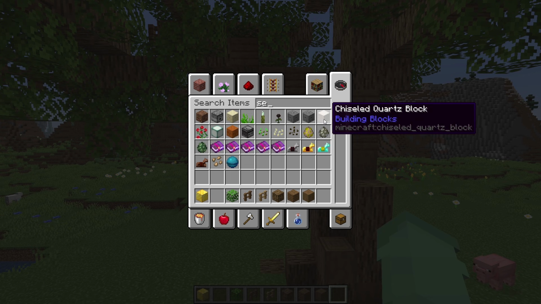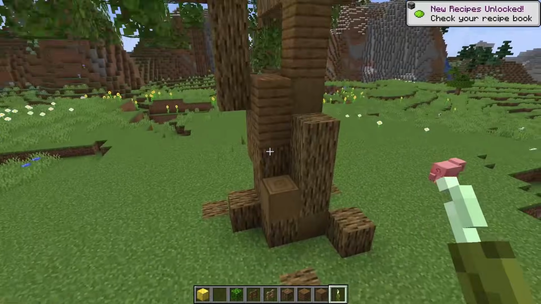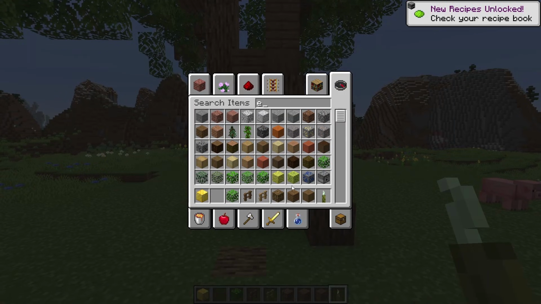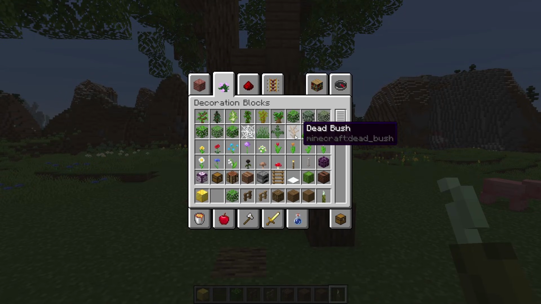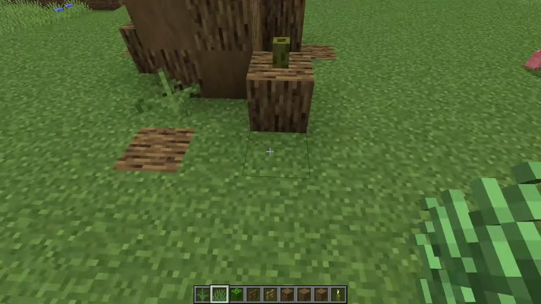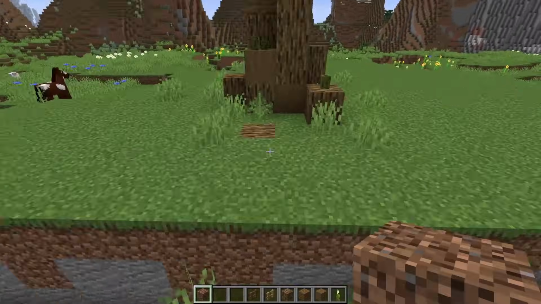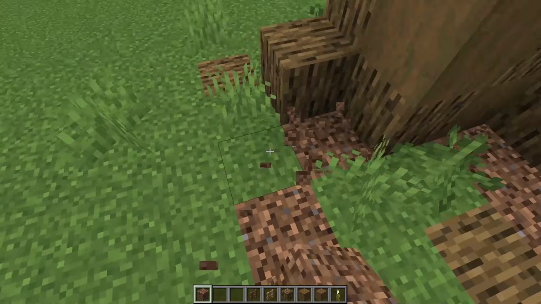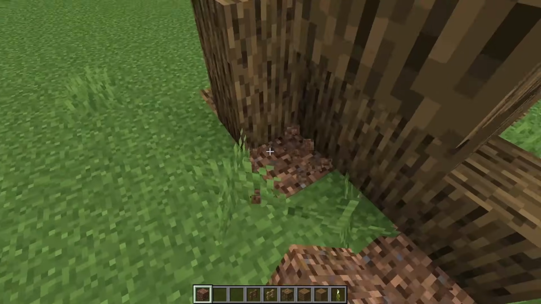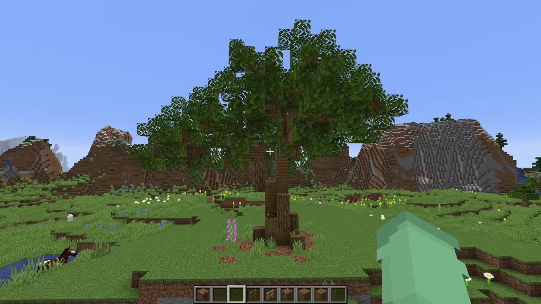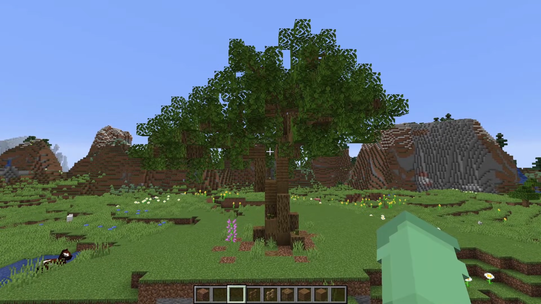Placing some grass, some sea pickles are a great option because they kind of just sit so nicely on the tree. I love being able to do things like this, and I think it really helps out the whole entire build. You can leave some grass all around the tree. And then I'm also going to add some coarse dirt under the tree just to make it look like it's a bit of a shady area, so maybe some of the grass has died off. And there we have it, tree 1 is complete.